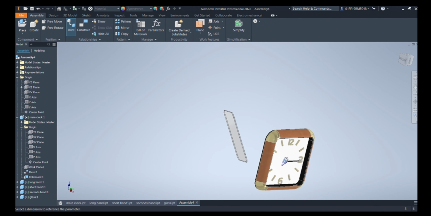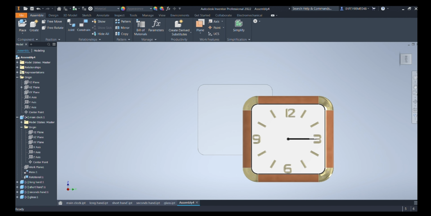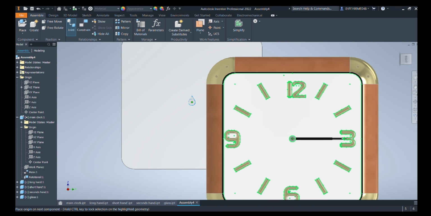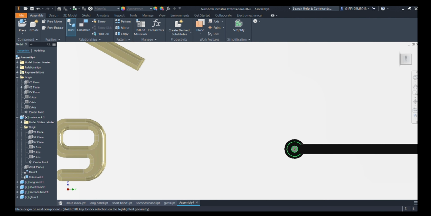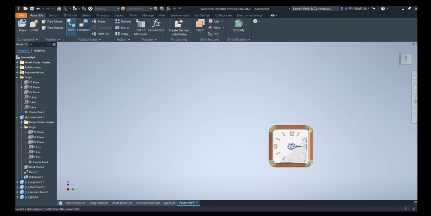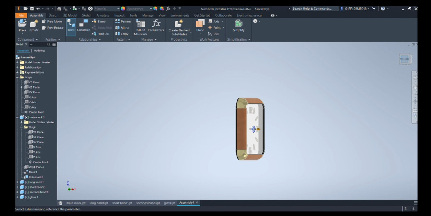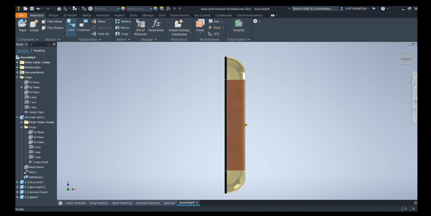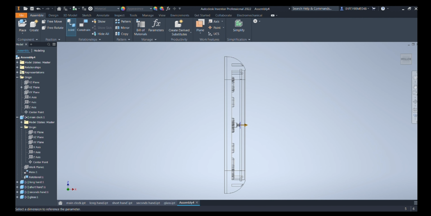We'll just offset it. Oh, we can see that it doesn't fix properly, so we'll again select it from front plane. We will select it by center. Here we can see that our glass is also fixed properly, but we need to define it some good distance, so offset it around again 0.4 or 0.5 mm. 0.4 or 0.5 mm is exact, it's fine. Yes, now it seems good.